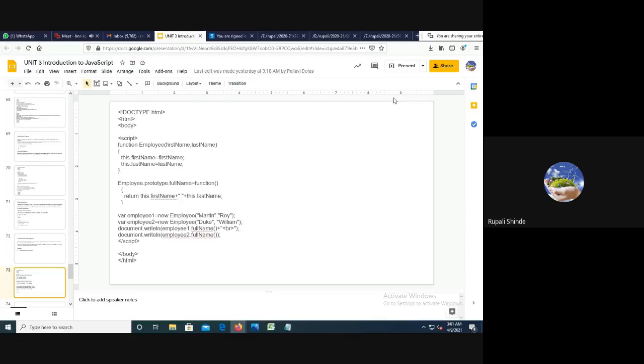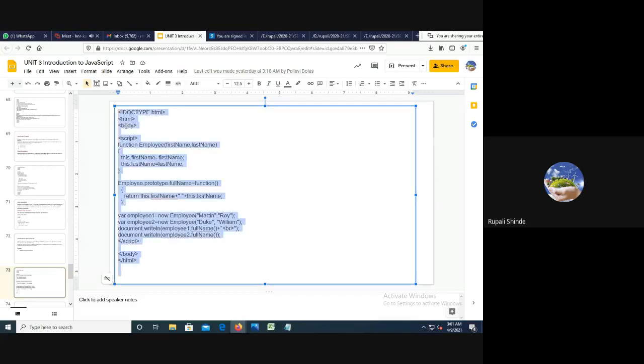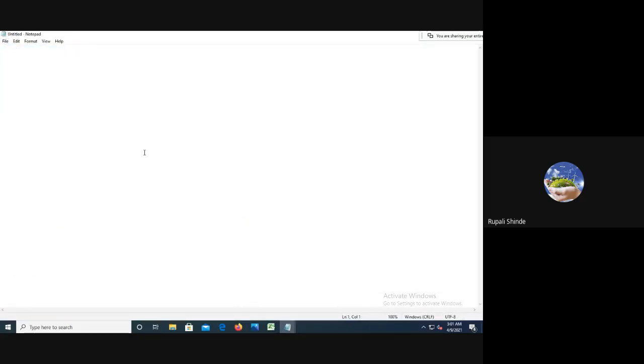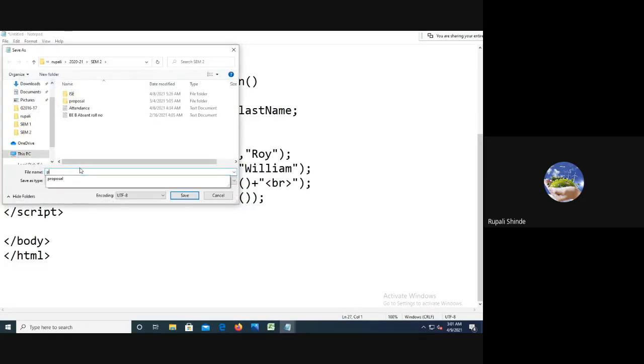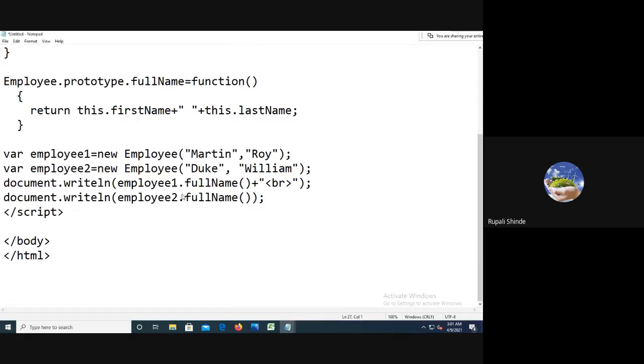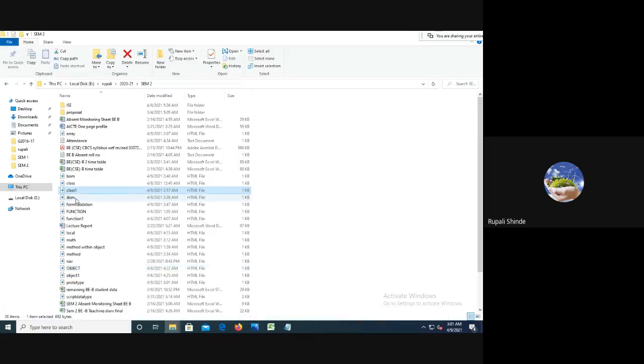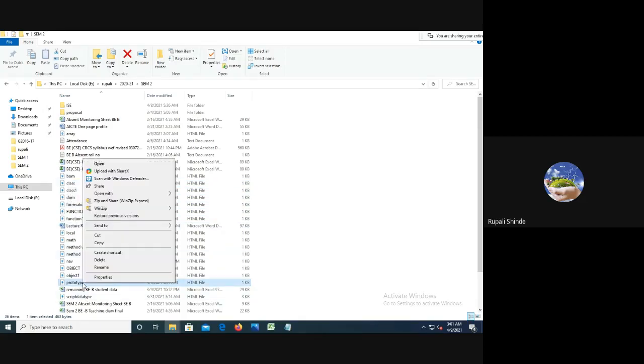So we have to execute it. It is going to display the value of the object.